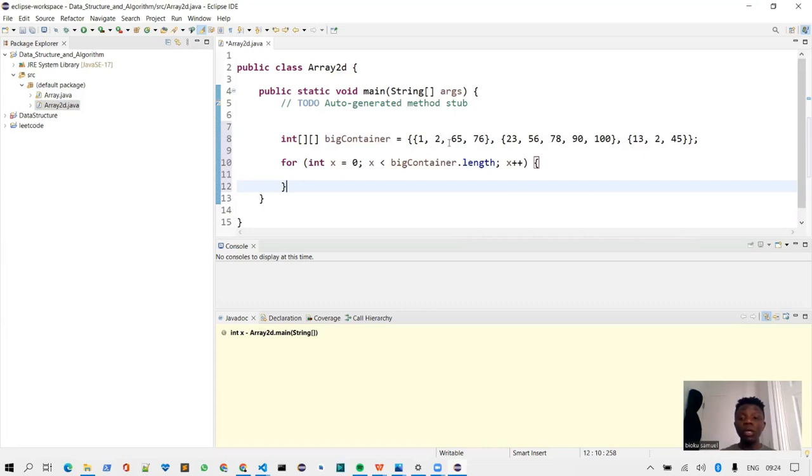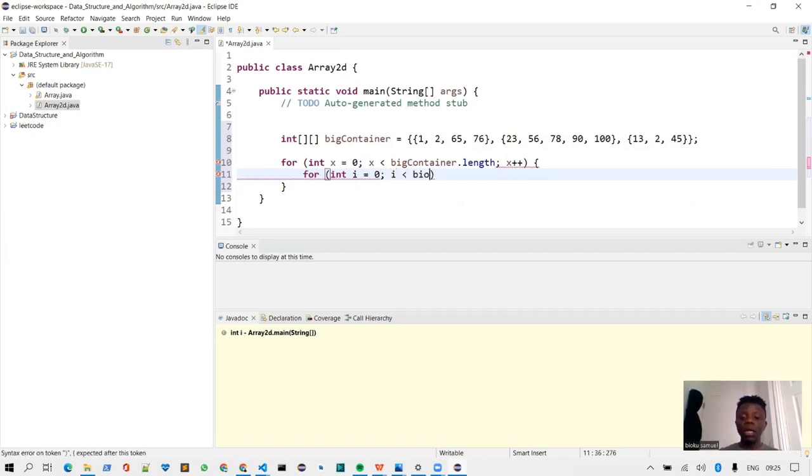So to travel through each of these containers inside this big container, like this, right? Then we will just write another for loop. So I will just say for int i is equal to 0, right? Then I will state the condition that will make this second for loop work. Then I will just say i is less than bigContainer